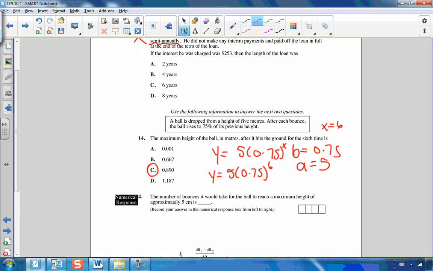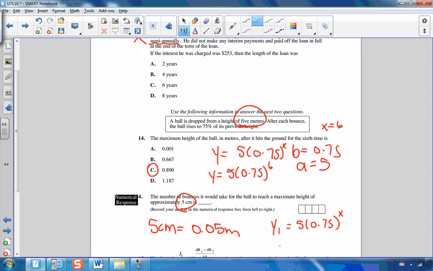The number of bounces it would take for the ball to reach a maximum height of approximately 5 centimeters. 5 meters, 5 centimeters. So the first thing I need to do is change that. They need to be the same unit. So 5 centimeters is the same as 0.05 meters. Okay, so I want to know when is it going to be 0.05 meters. So this is an example of y given, x needed. So what I'm going to do is I'm going to have my original equation